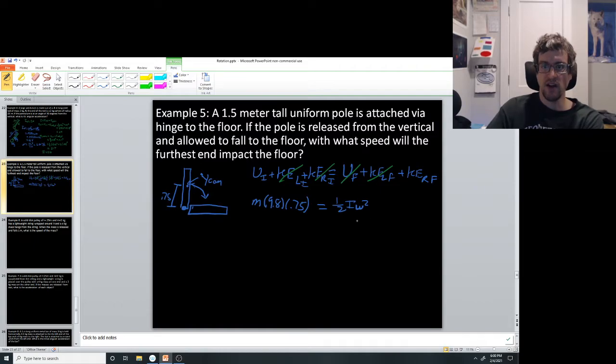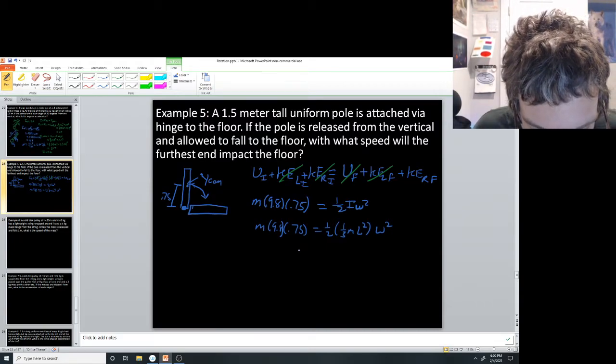It is a thin rod around its end. And hopefully by now you've gotten that you do the parallel axis theorem here, or you can just know that this is 1/2 times 1/3 times m L squared, and I have omega squared. When I plug all of that in,